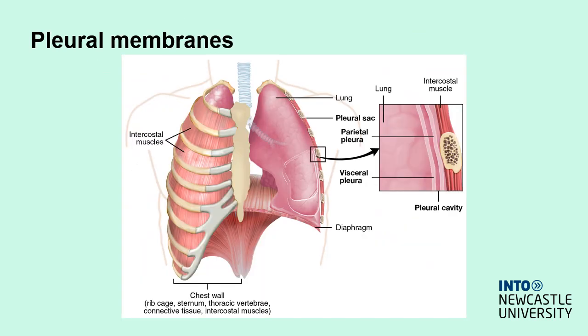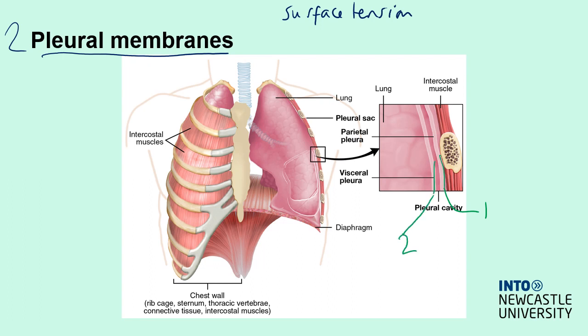The lungs themselves are not physically attached to the ribs or the muscles surrounding the lungs. They are attached through surface tension. And what we have surrounding the lungs, we have two pleural membranes. So this is one membrane here, and this is the second membrane here. So you've got these two pleural membranes surrounding the lung and lining the thoracic cavity,